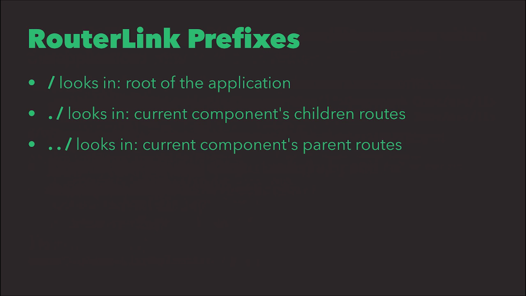One thing to keep in mind with the router link is the prefixes that you have in front of your links. In the previous example, you saw that it was just /component1. This means that it will look for that route in the root of your application. For more complex routing needs, you might need to do the router lookup from the current component's child routes, so that would be a ./ or if you need to look at the parent's routes to see where you want to navigate to, it would be ../